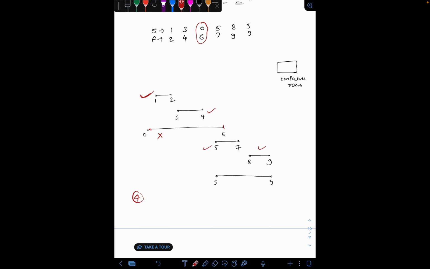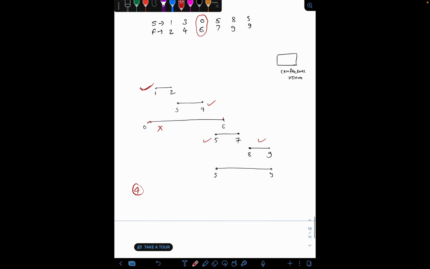The main logic here is that we consider the meeting which ends quickly, because only then can we conduct the other meetings.